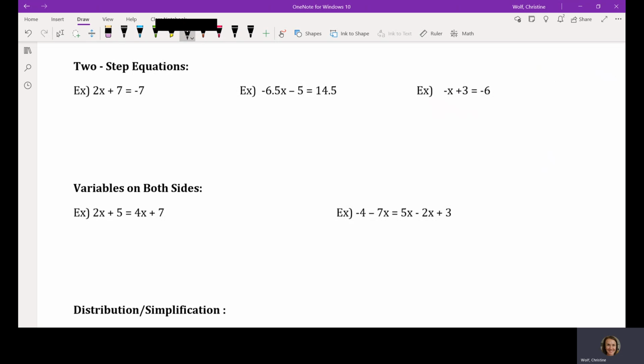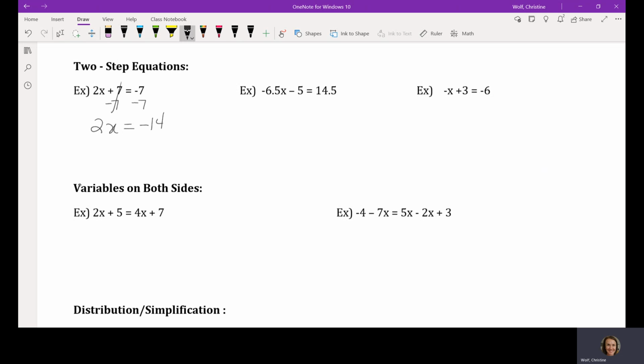Okay, for this one here, I have a couple things to get rid of. I have 2x plus 7 equals negative 7. My goal is to get this x here all by itself, right? I have two things to get rid of. I have a 2 to get rid of and a 7. You're going to leave the 2 and the x smushed together for as long as you can. We're going to take care of the 7 first. So to get rid of a plus 7, we have to minus 7 because that would cancel to 0. But what we do to one side, we have to also be fair and do to the other side. So I would only have 2x on the left, and on the right-hand side, negative 7, take away 7 more